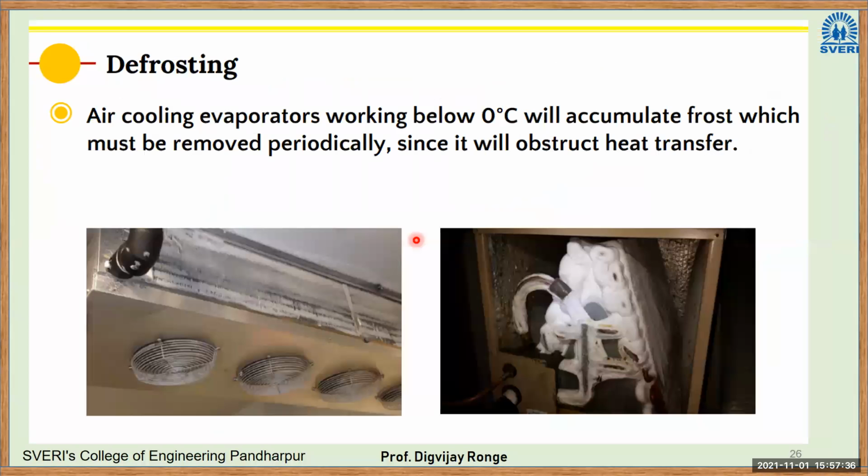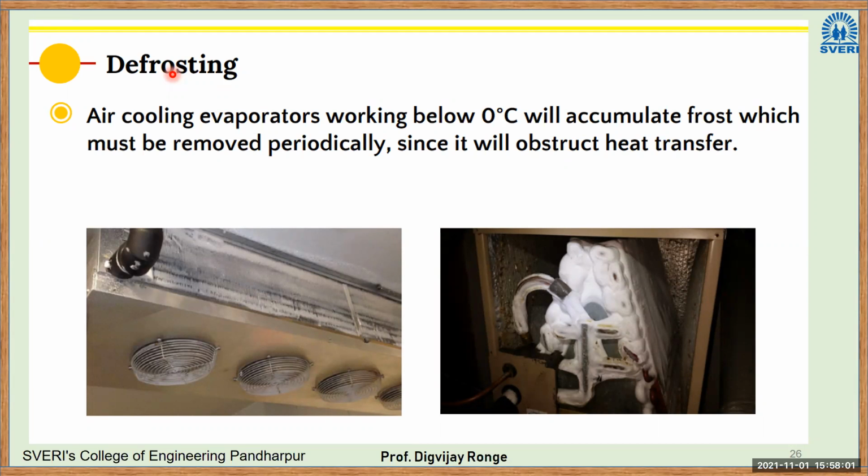Okay, in evaporator, a very famous concept is there, which is called defrosting. If you open your fridge, you'll find one button which is for defrosting. You can press that button, and automatically the process of defrosting will start. The ice formed inside that section, whatever ice is formed in that ice box, will start to melt.